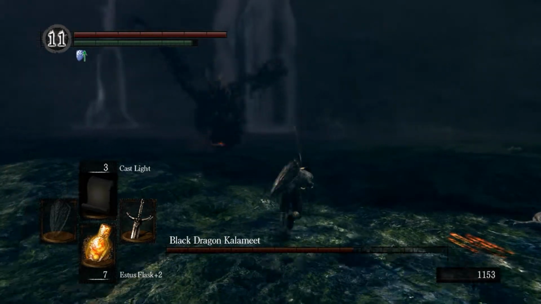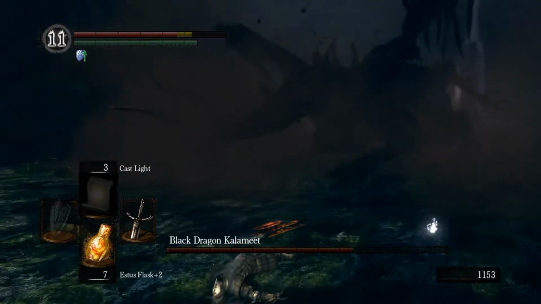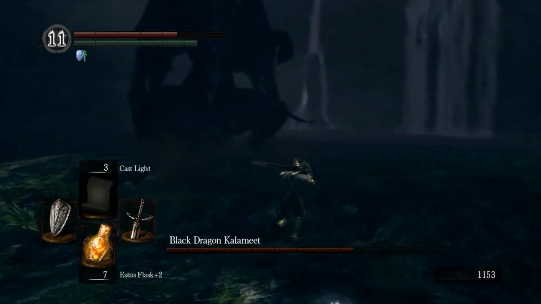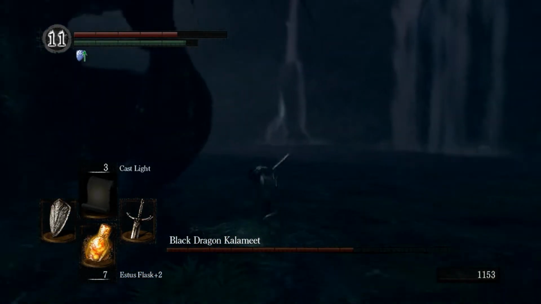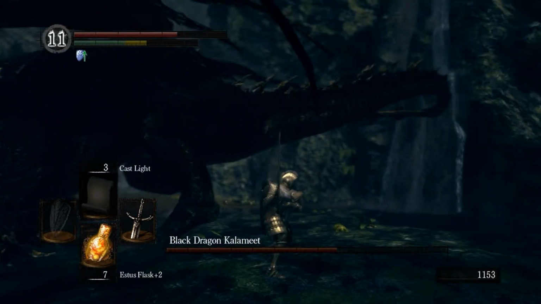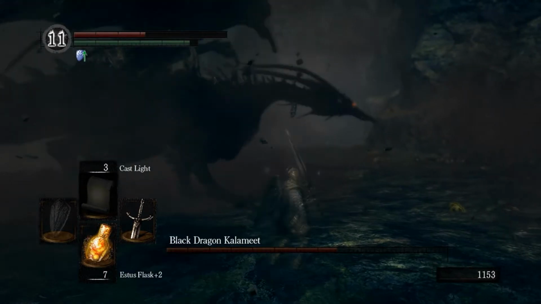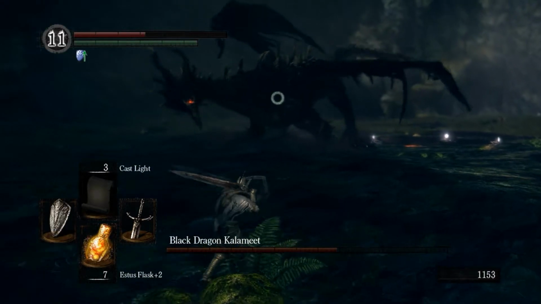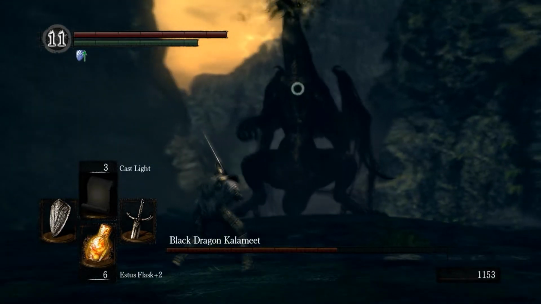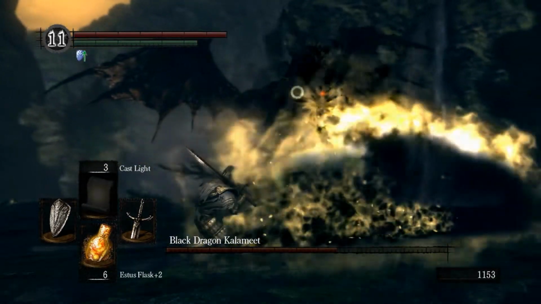Like right here, I'm going to run towards him as fast as I can and get hit, which doesn't always happen, but sometimes it does. But you do want to keep those flasks handy. You want to run behind him whenever he does this kind of sit-up motion and try and cut off his tail. These are really going to be the only opportunities you have to cut off his tail if you are trying to collect all